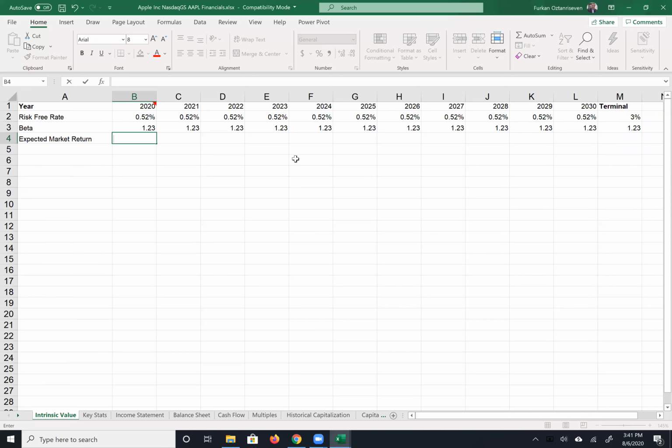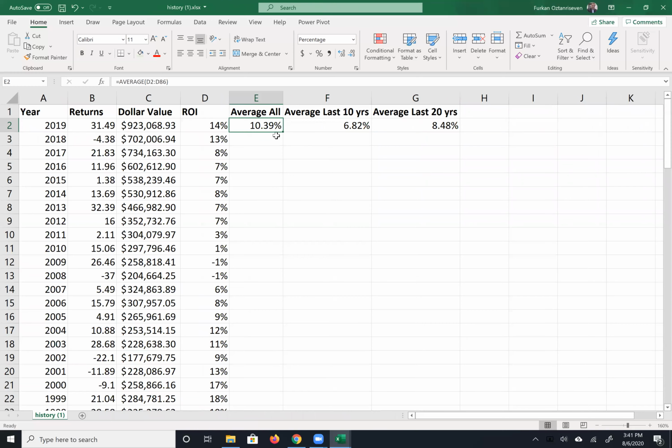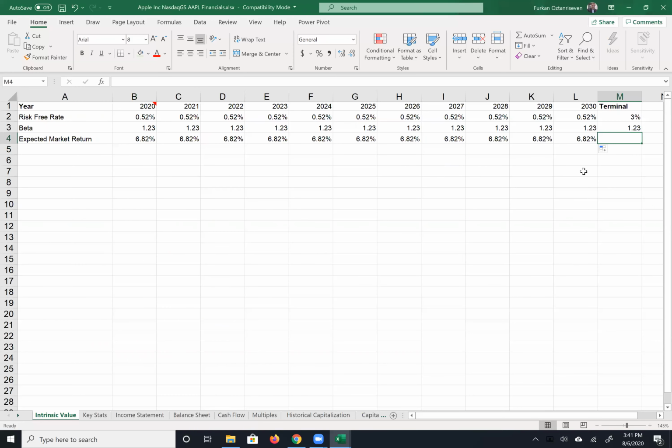In other words, 6.82%. I will assume that this will continue for the next 10 years. Then for the terminal value, I will assume that overall 10.39%. So I will put 10.39% here. So in this video, again, we covered beta coefficient, which shows the riskiness of the company in comparison